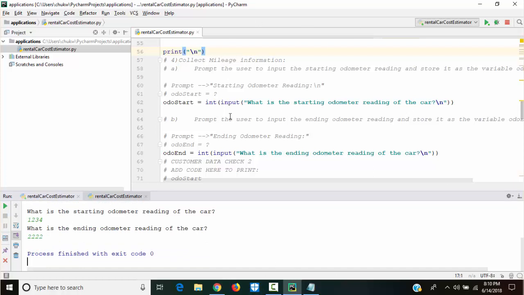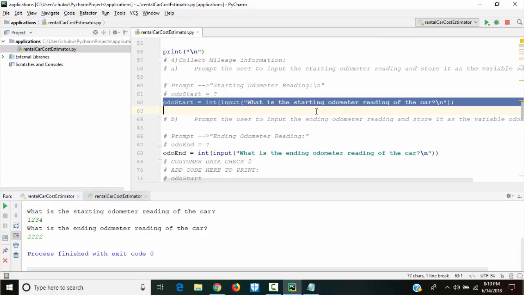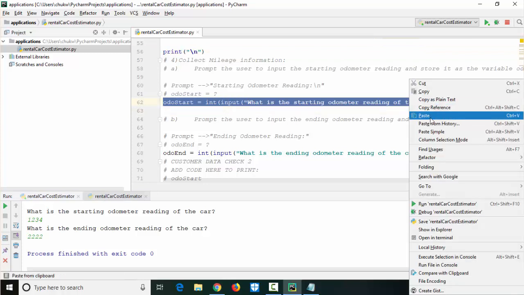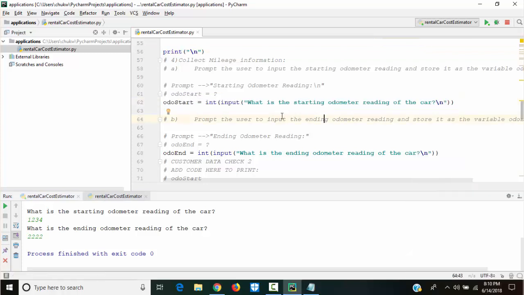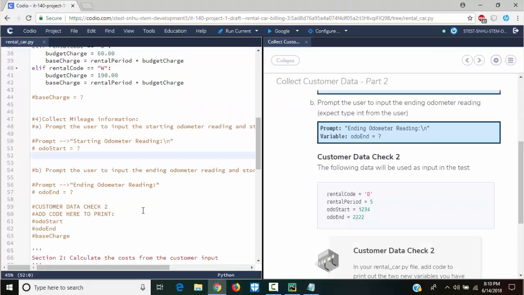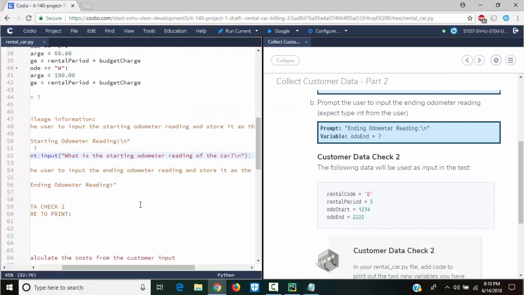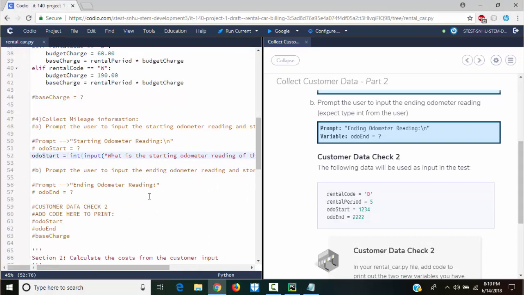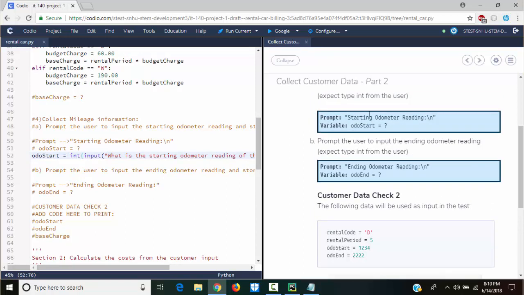All right. I'm gonna copy this. Now let's do this in Codio. This is the way I would like you to do it in the real world, simplifying everything and defining everything. It makes it easier. And if you're working in a team, it will be easier for them to know what you're doing.